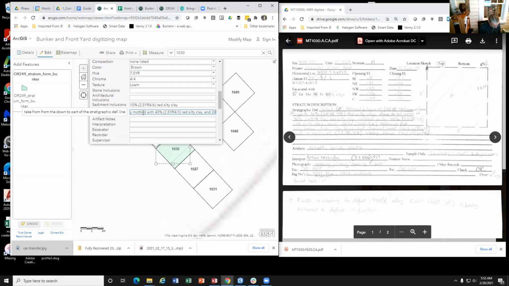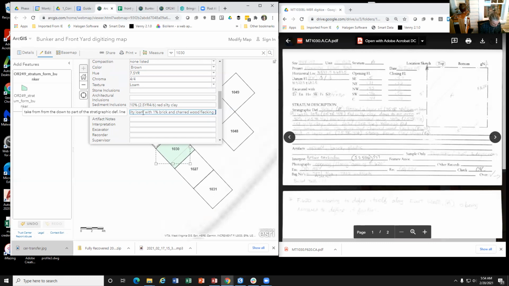And 20% 5 YR 4/6 yellowish red silty loam, with 1% brick and charred wood flecking.